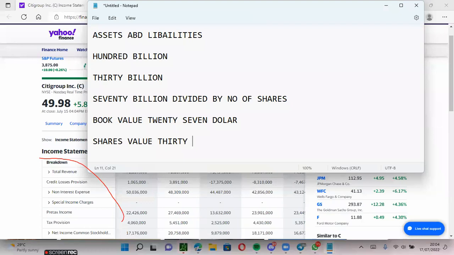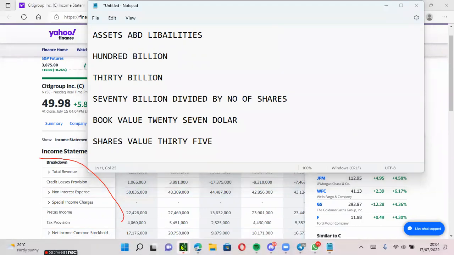If it is 35, which means the stock is overvalued, but if they look at the value based on the book value, there will be less. So I'm just giving one example. It could be more. Actually, Citibank,